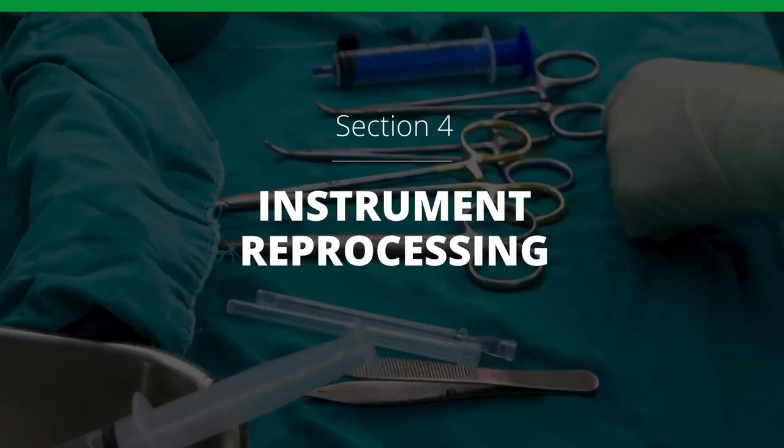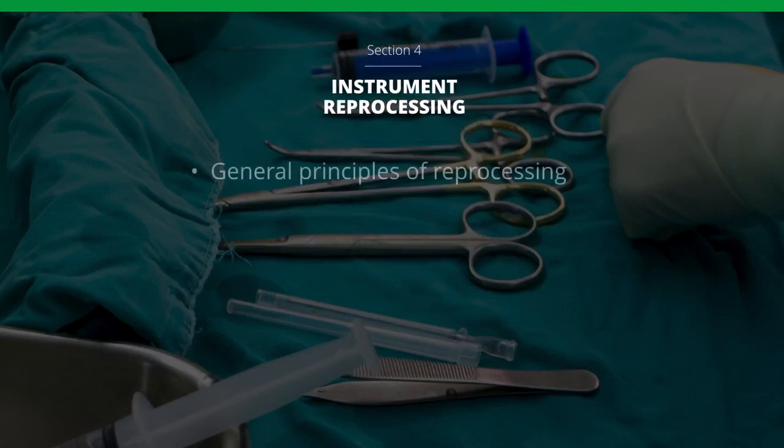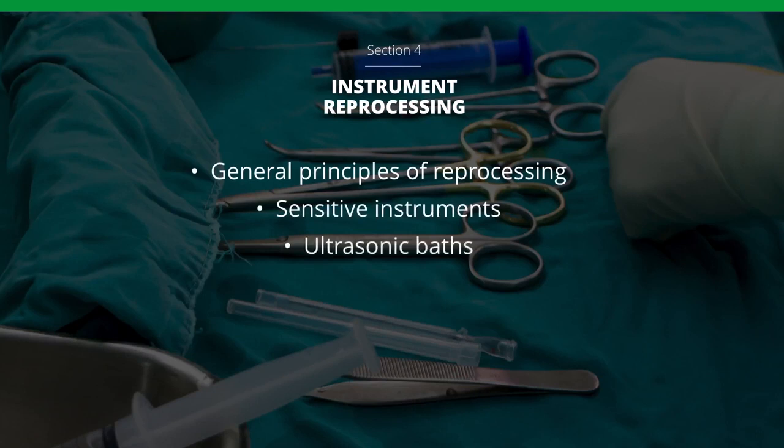Welcome to the fourth section, which covers instrument reprocessing, or the returning of instruments to their pre-use condition preparatory to further use. In this section, we'll be looking at the general principles of reprocessing, particularly of sensitive instruments. Then we'll look at ultrasonic cleaning, and finally, we'll have a particular focus on the reprocessing of endoscopes. As before, you'll have the opportunity to test your knowledge with 8 multi-choice questions before moving on to the next